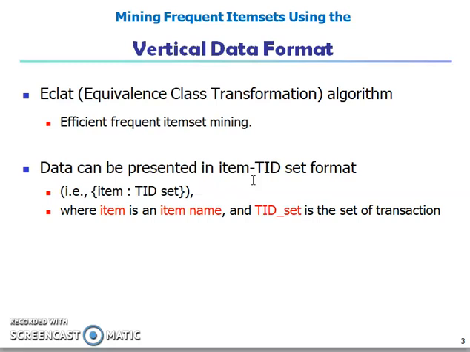But here the format will be changed. The previous one is the horizontal format. Now we are going to change it into the vertical format. In the vertical format, the left side will be items and the right side will be the transaction ID set, where the item is the item name and the transaction ID set is the set of transactions.